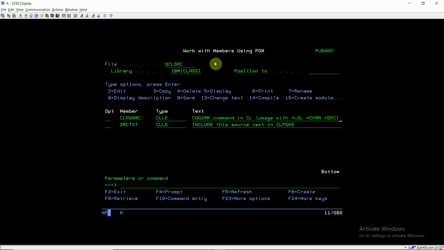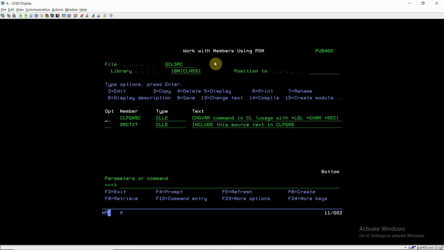I'll explain the CHGVAR command and how we can use it with logical, character, or decimal type data variables.